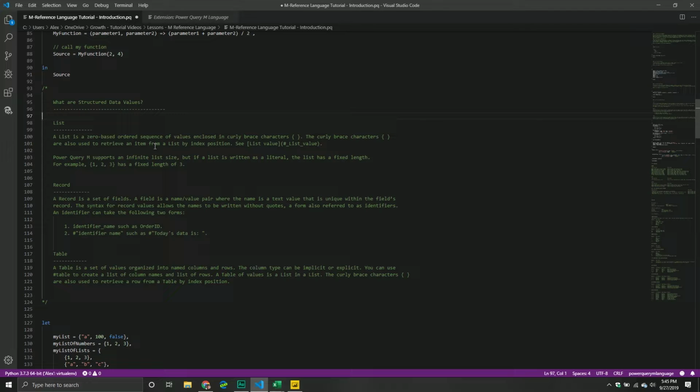The curly brace characters, denoted by 2 curly braces, are used to retrieve an item from a list by index position. They provide some content. I'll just go over it, but it's regardless. Power Query M supports infinite list size, but if a list is written as a literal, the list has a fixed length. For example, list 1, 2, 3 has a fixed length of 3. So you can have infinite list size, but if you actually write it out, it's going to be a fixed